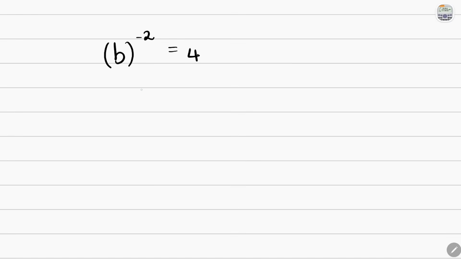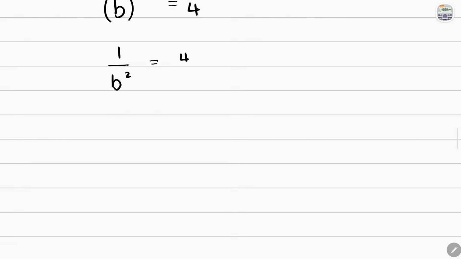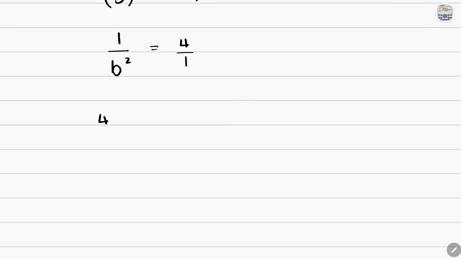Okay, so at this point, we can just rewrite this so that it has a positive exponent. Right now, it has a negative exponent, but it's in the numerator. So we'll bring it down to the denominator, and now it is b squared in the denominator, and the numerator is 1, the coefficient that was still there, that invisible one. And this is equal to 4, and then we can cross multiply. So this has a denominator of 1. Cross multiply, and we have 4b squared is equal to 1, and then divide both hand sides by 4,